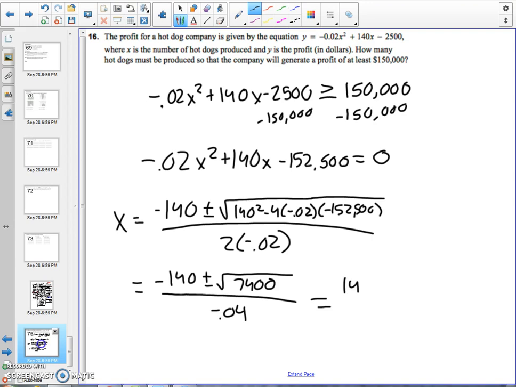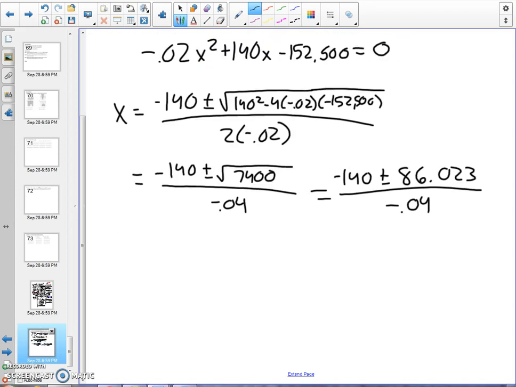So this would be negative 140 plus or minus 86.023. So then I want to see what both of my solutions are. So I'm going to do the positive and the negative version here. So 1349.425. Or if I subtract,